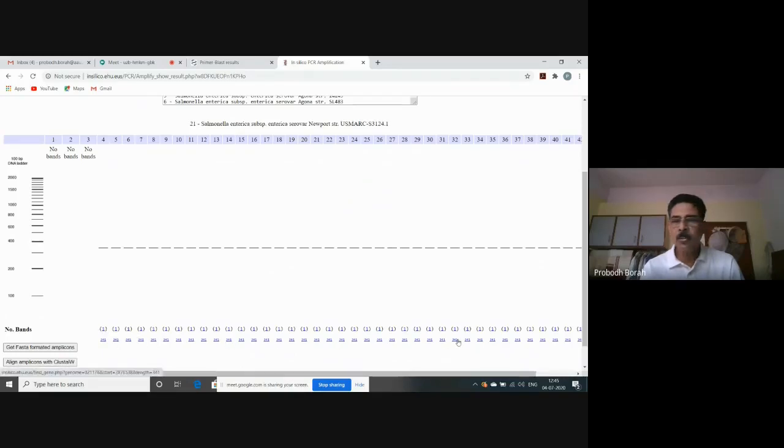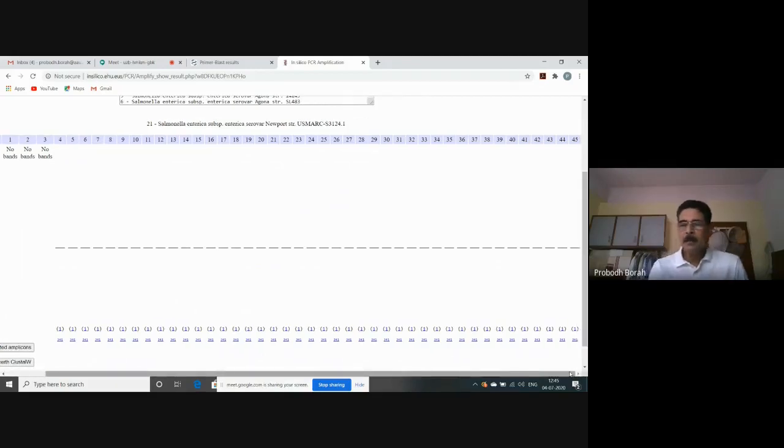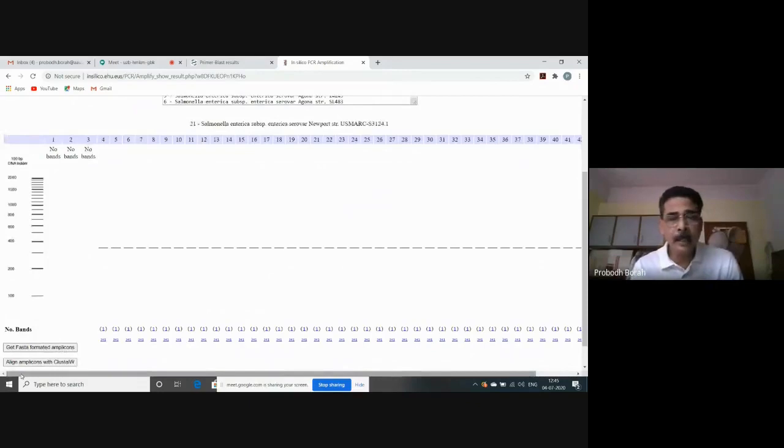Below, the length is also shown. So it is so nice. See, in one attempt, we could produce a primer pair against the invasive A protein gene sequence, invA, that could produce a single band when tested against all the sequences of Salmonella, irrespective of different serotype. So this is our ideal thing. But for the first three, there was no band formation.